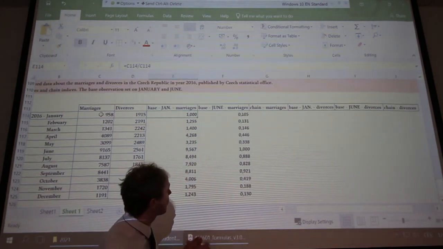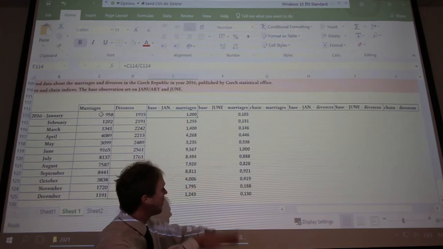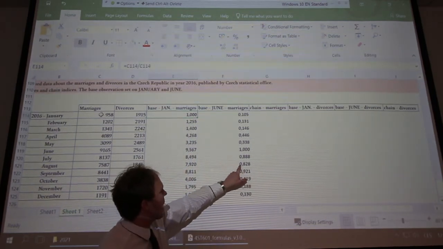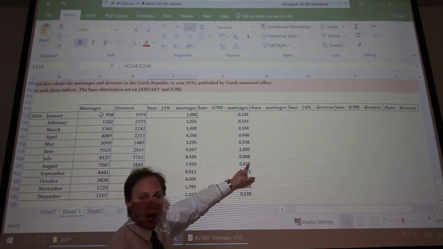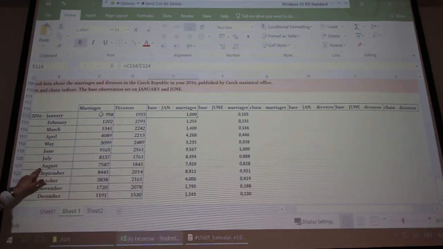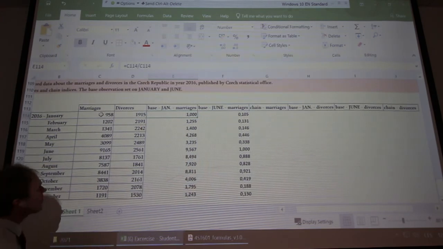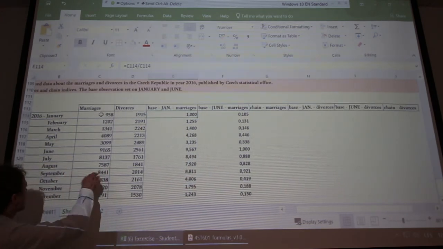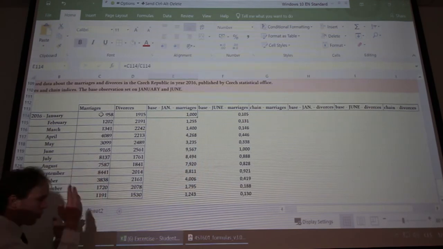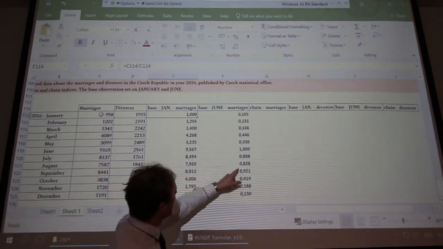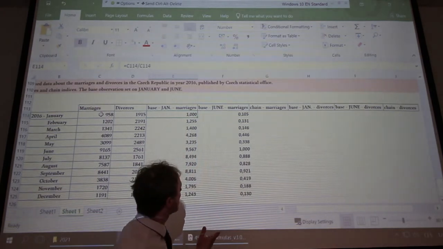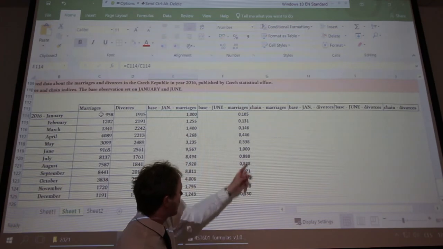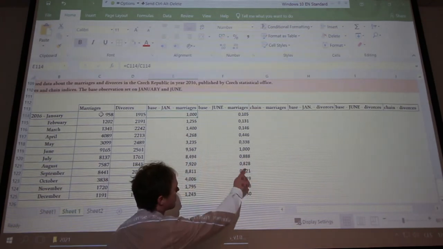11.2%. Yes, 11.2, because it's below 1. This value, for example, 0.828, what is it? It's August. In August, in comparison with June as the base, the number of marriages decreased, and in comparison with June, it decreased by